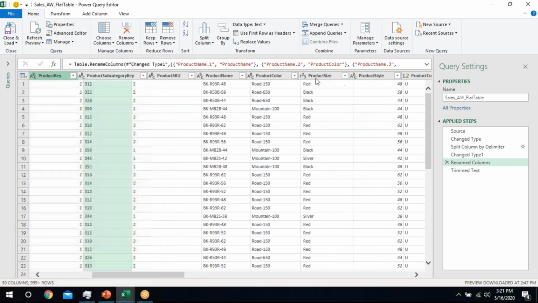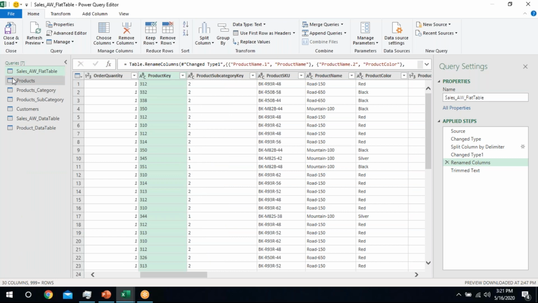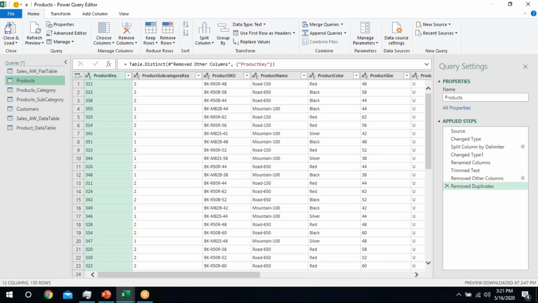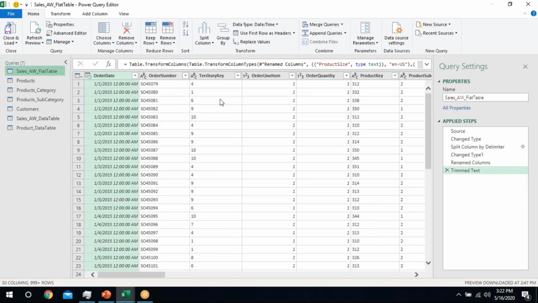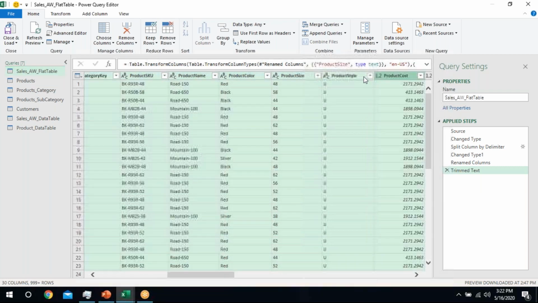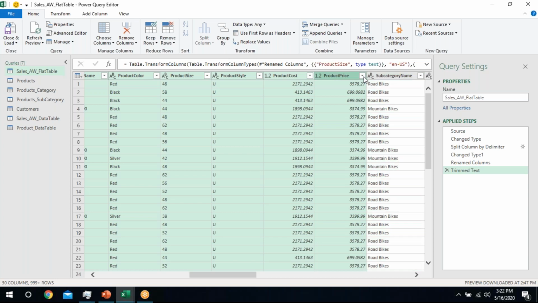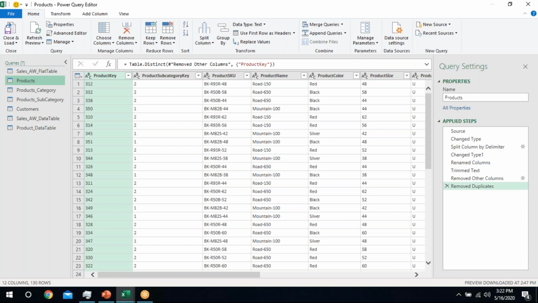What we can do, we can separate this product information into a separate table, which I have already done. This is the product table. What I have done, I have extracted information from product key till product price in this product table.